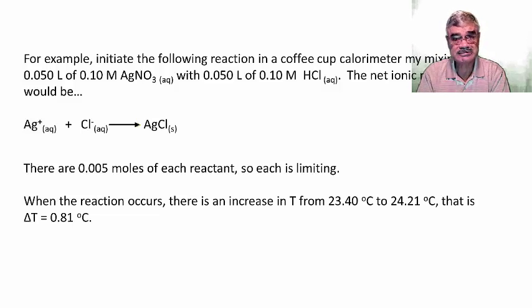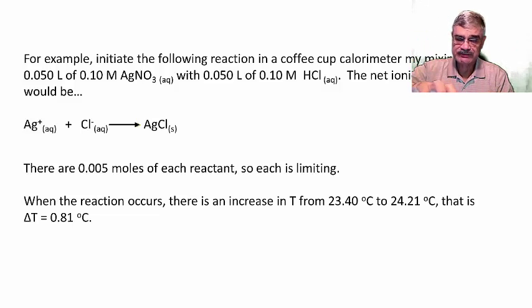That is, this will be a precipitation reaction. So the net ionic reaction in this case would be silver cation plus chloride anion reacting to form silver chloride, the insoluble ionic compound. All right. So let's say that we initiate a reaction of this sort by mixing together 50 milliliters of silver